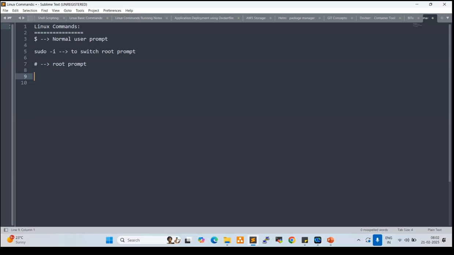How can we understand? By using the server name. That is why, first of all, we need to change the server name. The command is hostname followed by the new Linux server name. After that, we need to execute one more command, bash, to reflect the name.